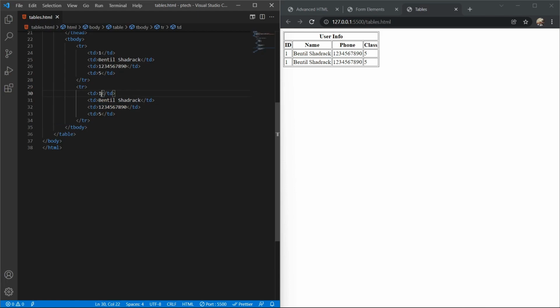Why am I saying T row? Anyway, so TD, we have ID 2, and then name here is Ken. And the number, let me leave it like that, he's in class 2. That's that. So each user data is going to have its